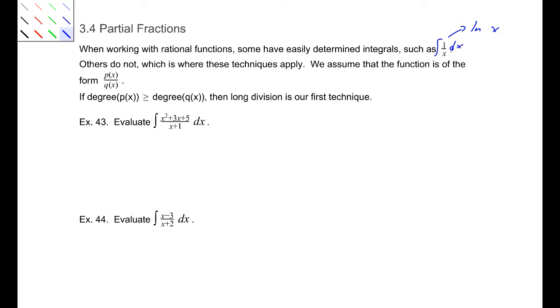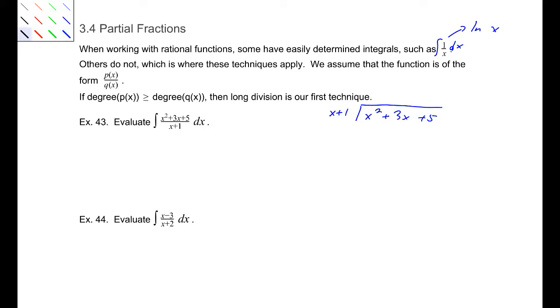So let's start with something of the form p of x over q of x, where the degree of the numerator is greater than or equal to the degree of the denominator. Okay, if that's the case, then long division is a first shot. So let's go ahead and take this right here, and I'm going to do some long division. We're going to divide x squared plus 3x plus 5 by x plus 1,